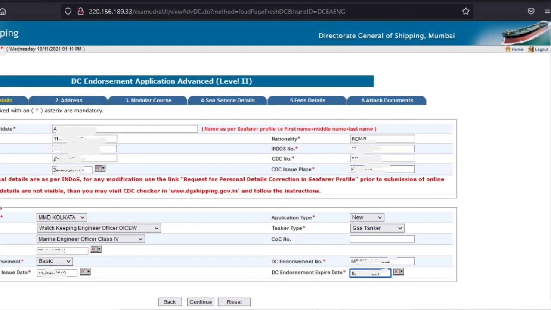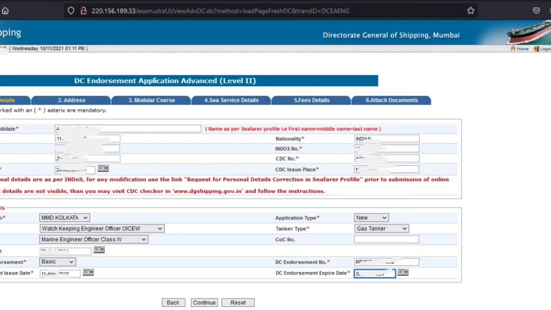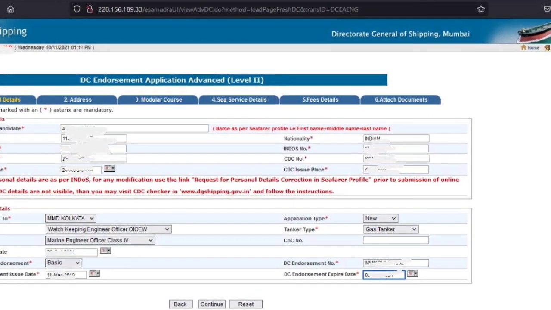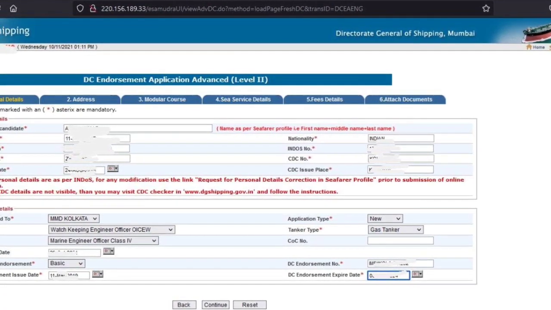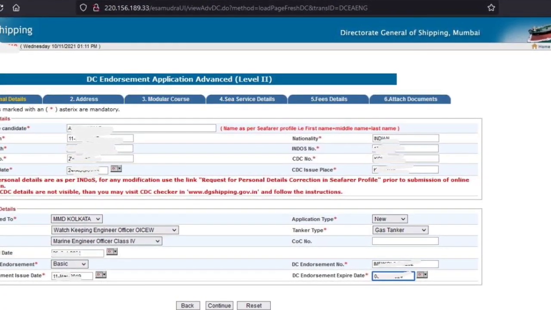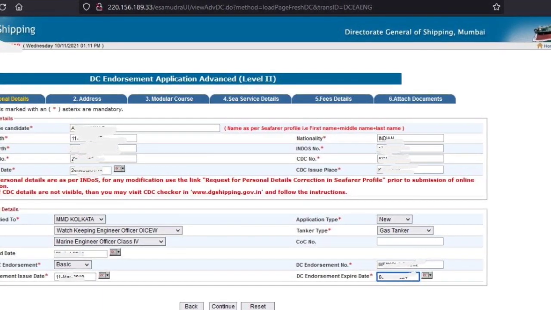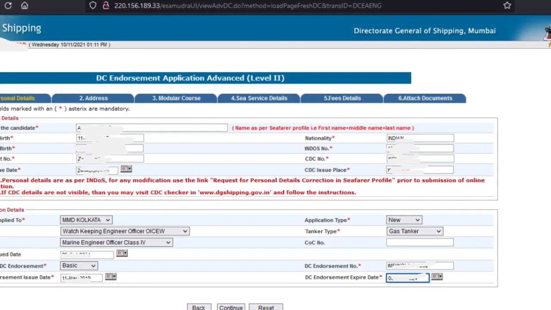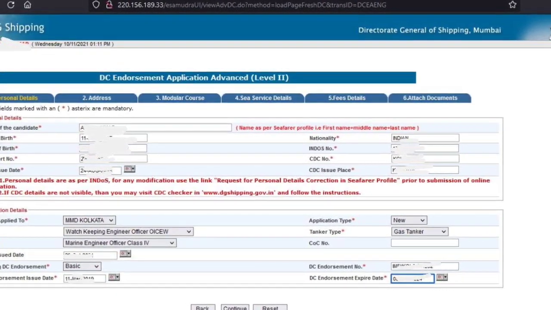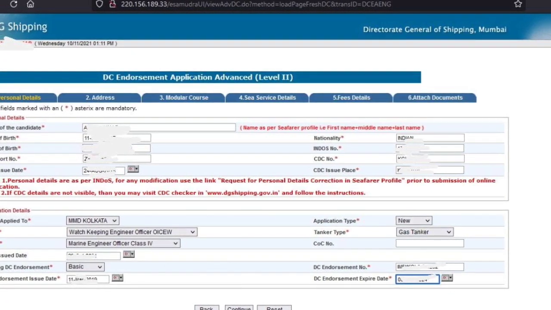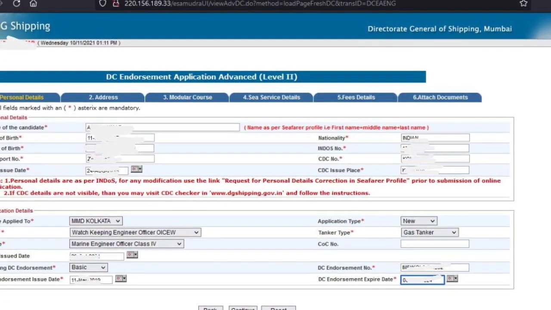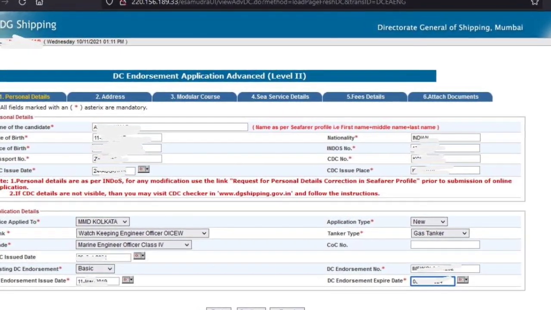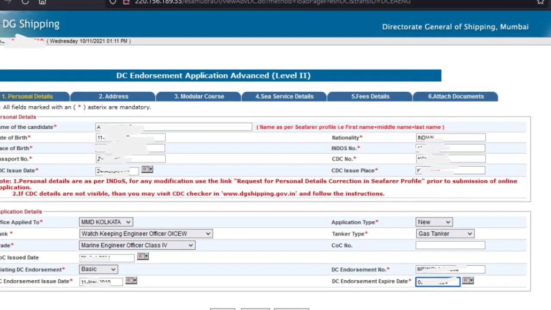Let me tell you here that as advanced DC is for management level officers, they can choose their ranks accordingly, but fourth engineers can opt for OICEW. Do not opt for NCV, because NCV is for coastal voyages and you are doing foreign voyages, so be very careful about this. Now moving to the next, select your grade as per your COC which is written there,